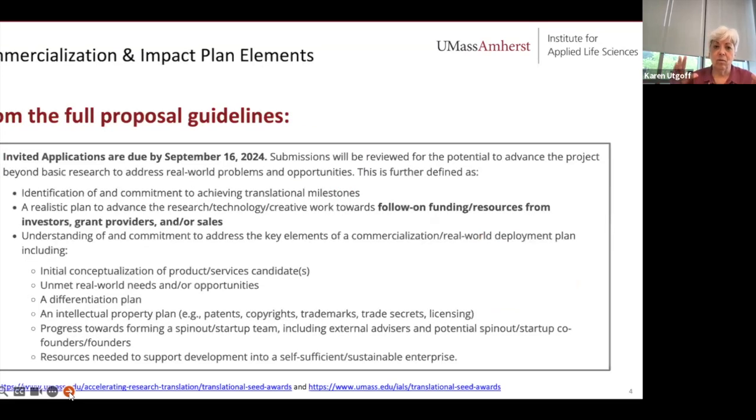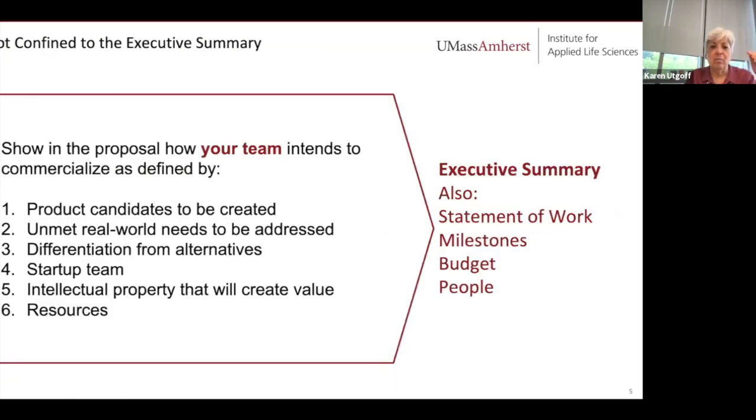So, a quick reminder: the full proposal guidelines are available at either of the links below. These are the 6 elements where we really focus on the initial conceptualization of the elements of a commercialization and impact plan. Show in the proposal how your team intends to commercialize using those elements, but not just in the executive summary. It also applies to the statement of work, the milestones, budget, people, and I'm certain I should have added, and I will add for the slides that get distributed,